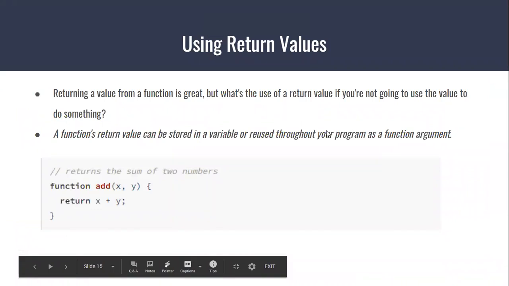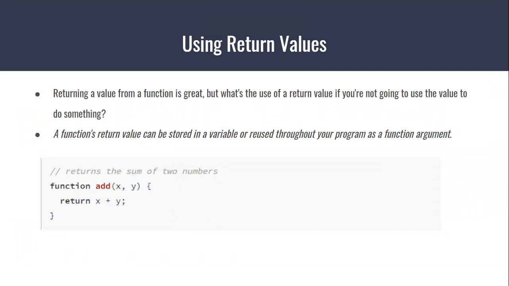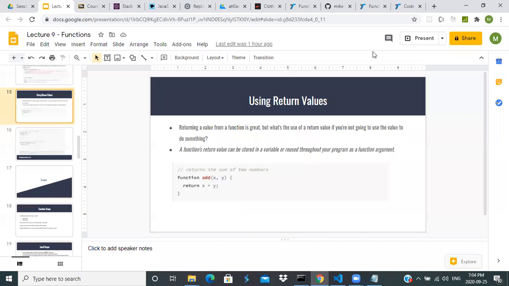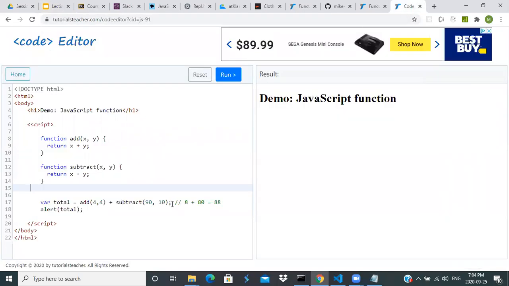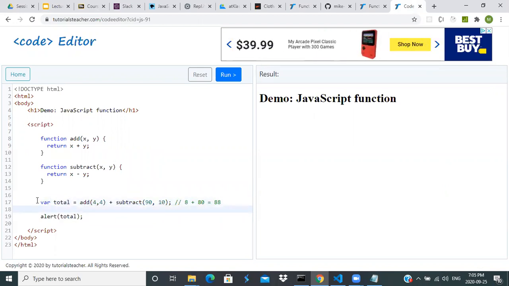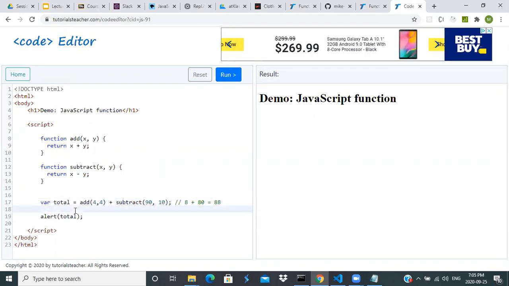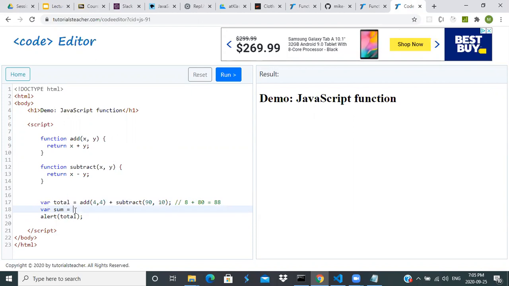So return values. So this is great. Like we said already, a function's return value can be stored inside a variable or reused throughout your program as a functional argument. So that means that, yeah, you can call it wherever you want. You can store the result in a variable, and use it. So if we wanted to, as we did already, we took the result of these functions and we stored it inside of a total. So now in our program, there is a variable called total that is the result of 2 function calls. We could also have another variable called sum, and then we have 5, whatever the argument is,